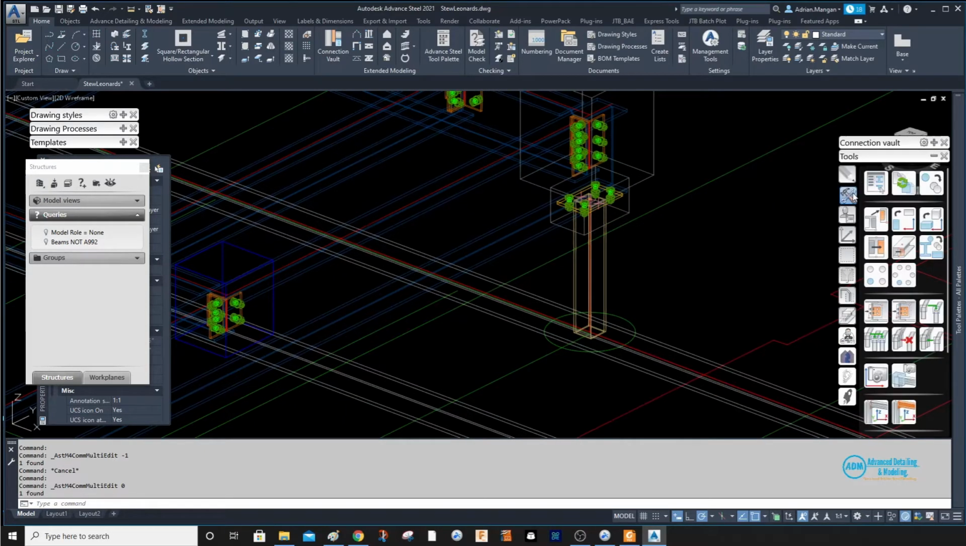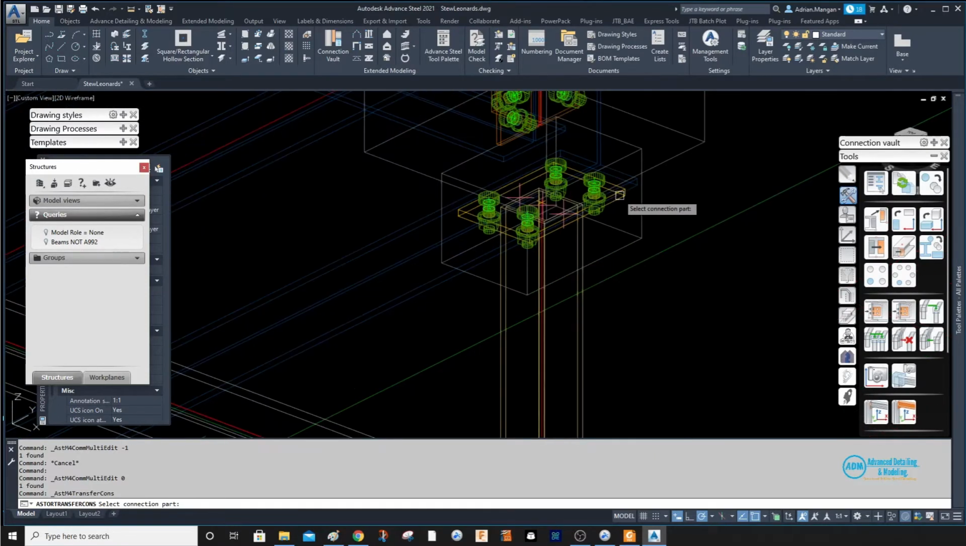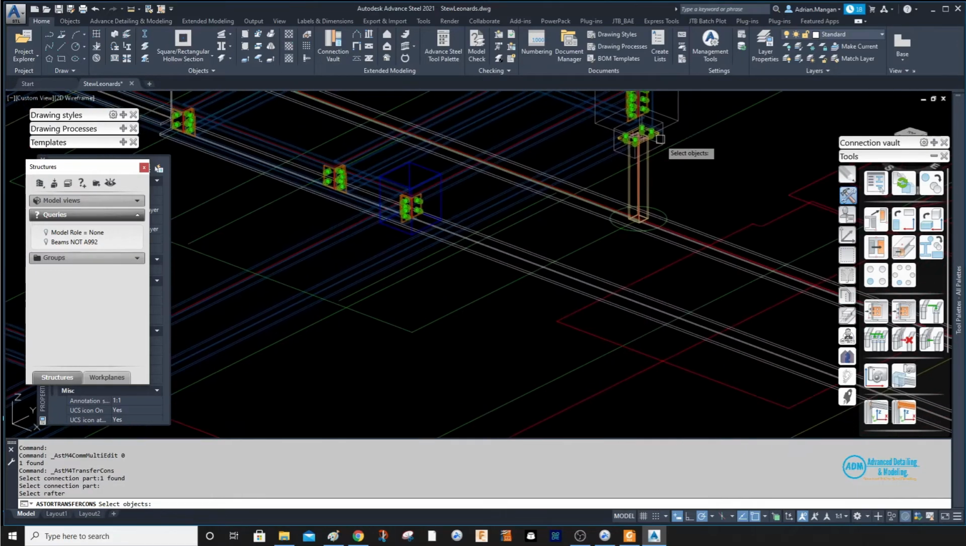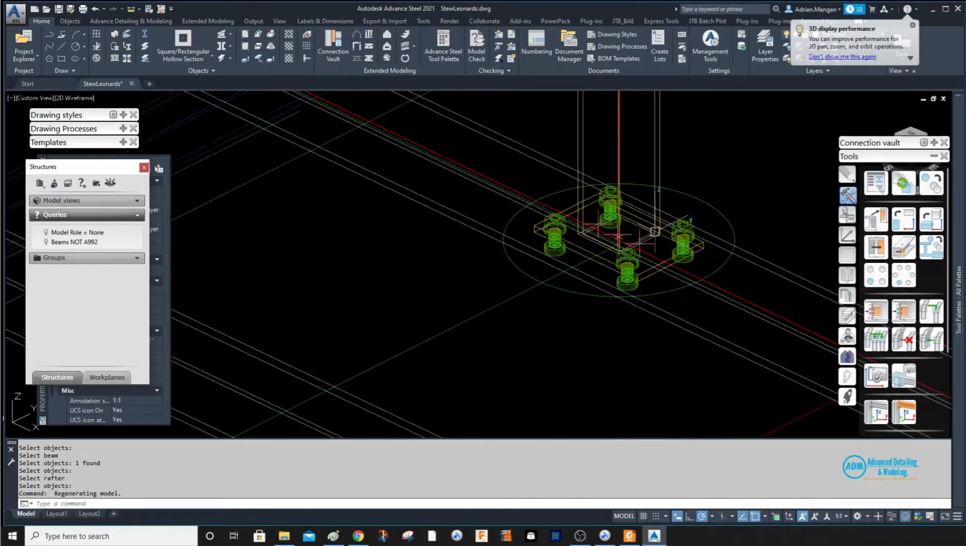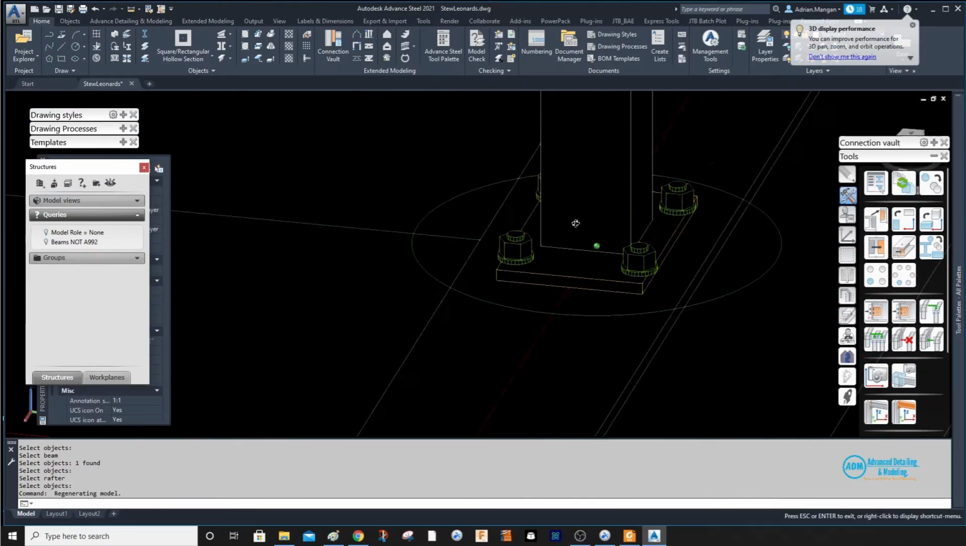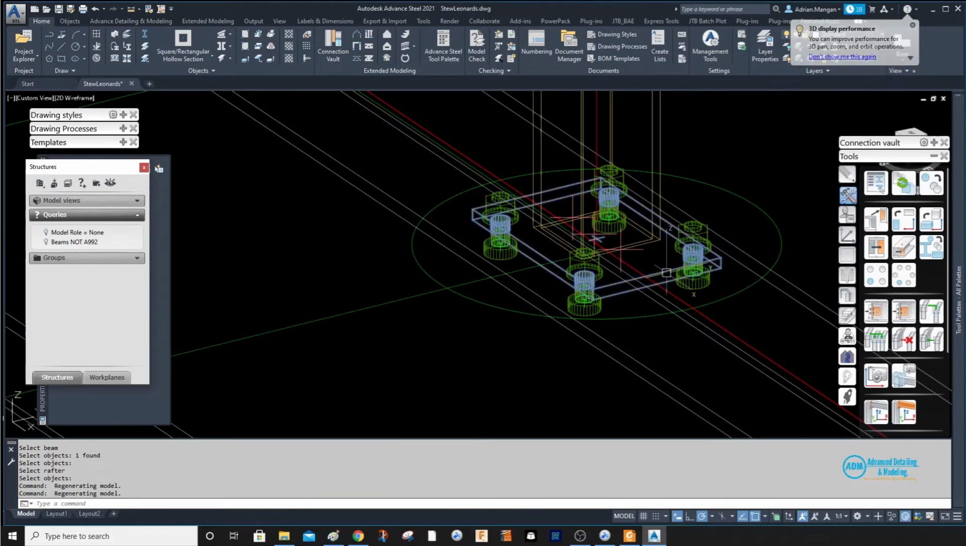So what I'll do is we'll come down here, we're just going to do the regular create by template, select the part of the connection, select the beam, select the column, and you can see now that this is not correct because the beam is a different size. So what I'm going to do is I will go into this joint,